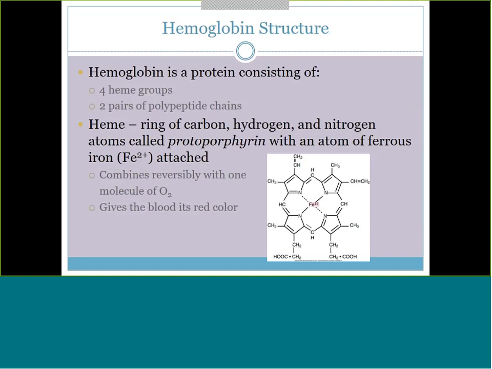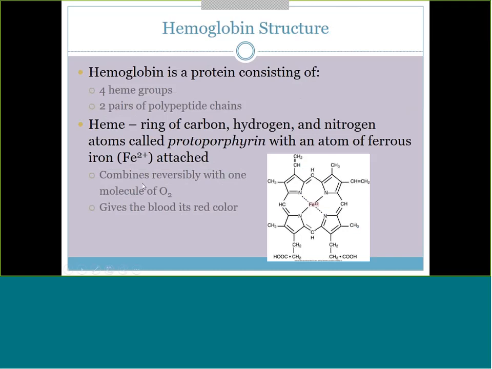So a hemoglobin is a protein, and it consists of 4 heme groups and 4 polypeptide chains. You'll see that they're written as 2 pairs. So they occur in pairs. There's 4 overall, but they occur in 2 pairs. The actual heme group itself, not the hemoglobin molecule as a whole, but just those 4 heme groups, are made of carbon, hydrogen, and nitrogen atoms